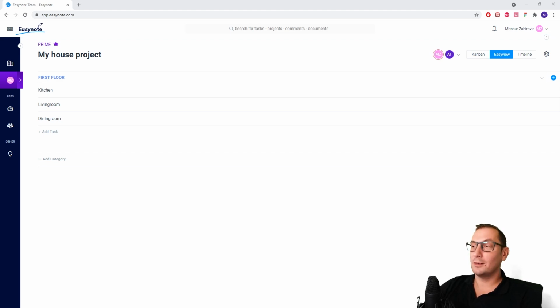Hi, today we're going to talk about Easyview in Easynote, and this is absolutely by far the most powerful way to manage your personal tasks or manage your company tasks that you have, either you're working alone or you're working with a huge team. So let's get started. In this example, I'm going to show you how you can manage your project, for example,